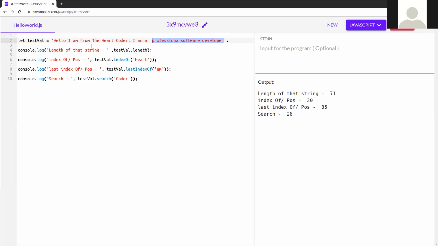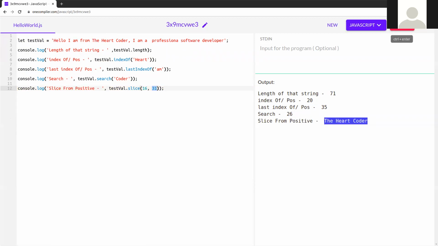Likewise, if you want to cut a substring from a long string, that is slice. For positive values, this is the start value and this is the end value. From 16 to 31, it cuts that piece and returns the substring, as you can see, "The Hard Coded".